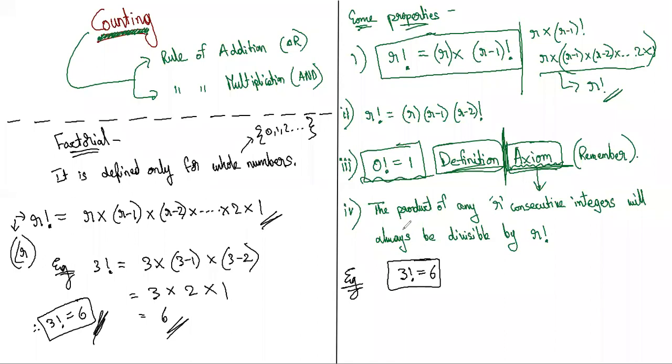This theorem is telling you, give me any 3 consecutive numbers. Sir, 22, 23, and 24. Okay, we are talking about the product of these 3 consecutive numbers. So 22 into 23 into 24. This statement is telling that this product will always be divisible by 6. Isn't it true? Yes, sir.